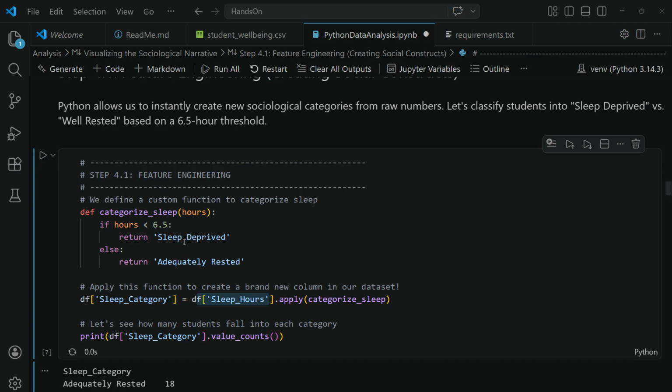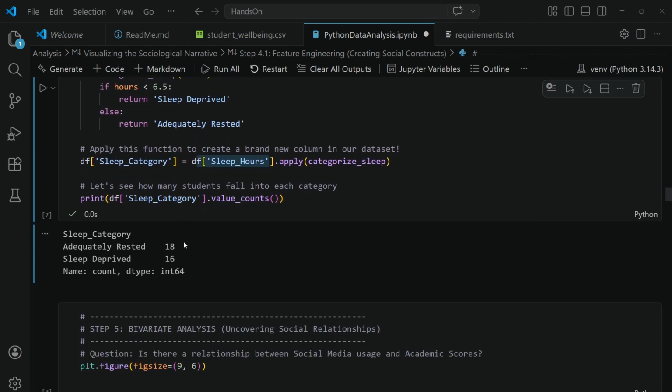So now if you see, adequately rested at 18 and sleep deprived at 16. So basically half of the class is not sleeping well, half of the class is sleeping well. We'll have to figure out